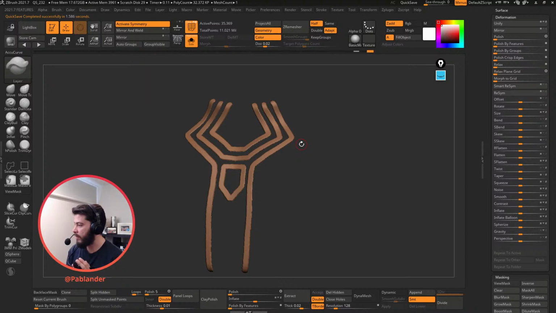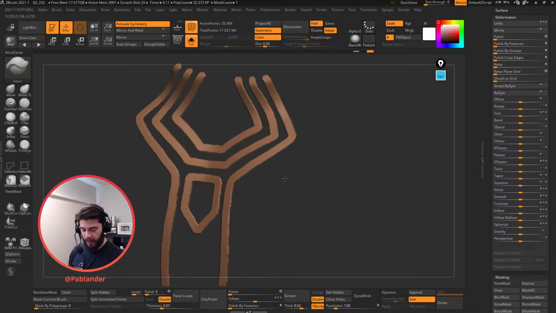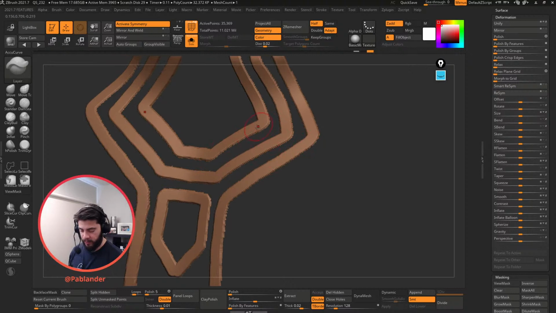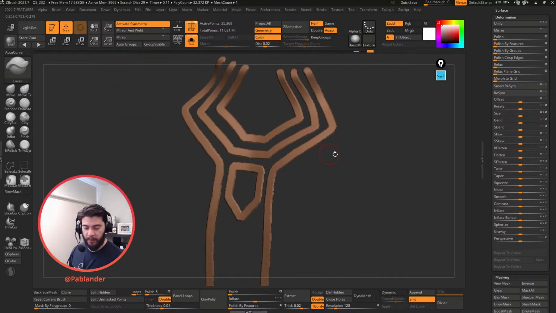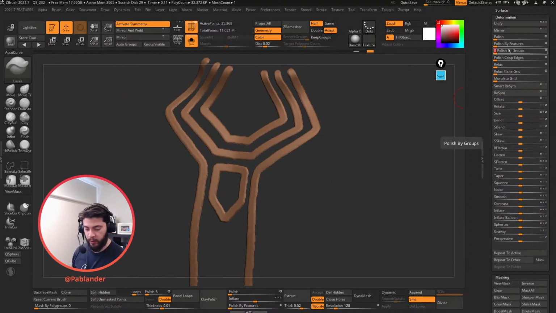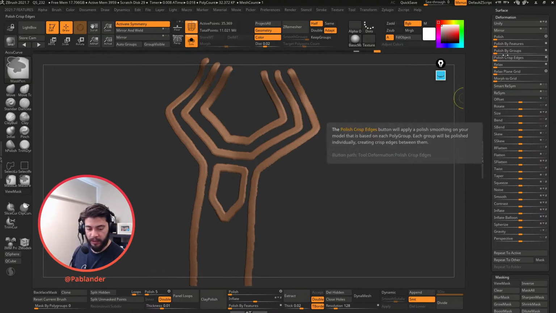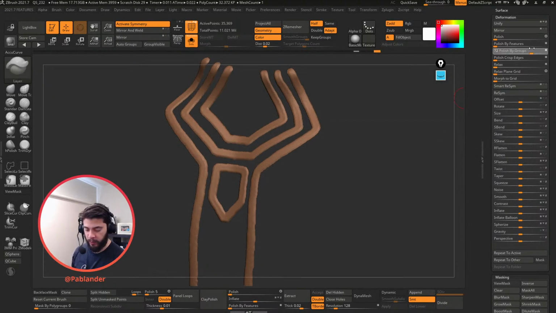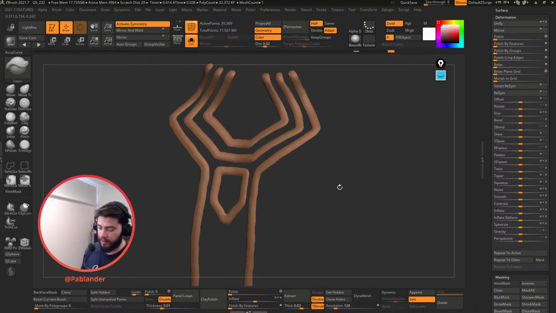Awesome. Cool. So again, this is not very clean, but we can use the polish by groups, or in this case, polish by crisp edge. I think I'm gonna keep the polish by groups so that we can retain a little bit of that bumpiness. By polishing like this, I'm actually removing that definition of the layer brush, but it doesn't matter. The point is just to create something a little bit cleaner as a guide for the next step,